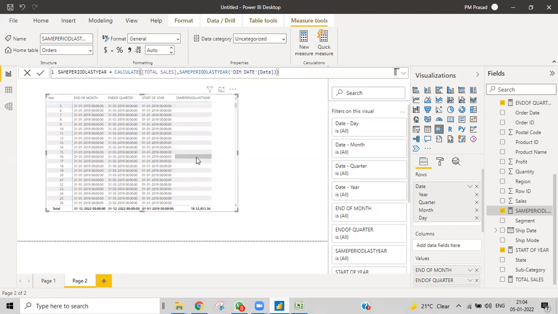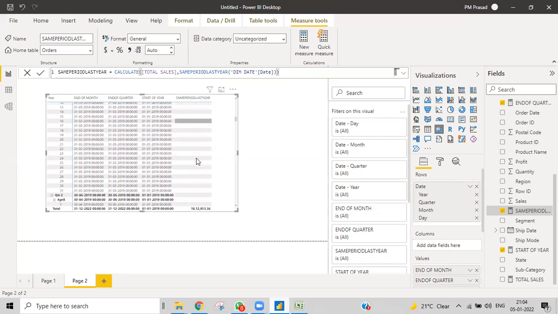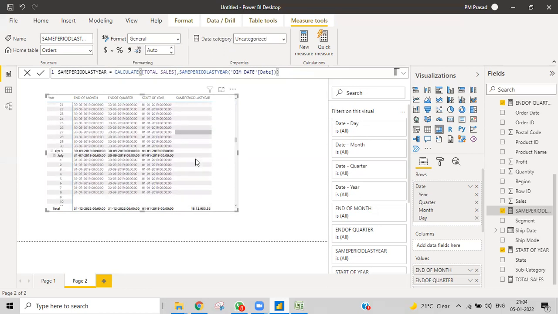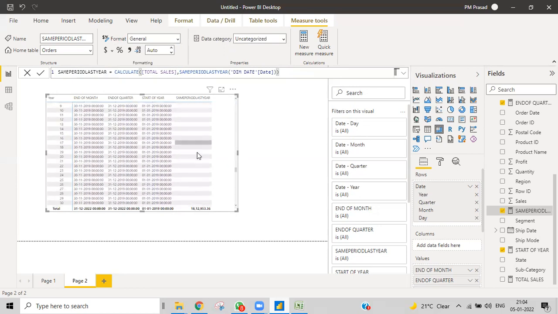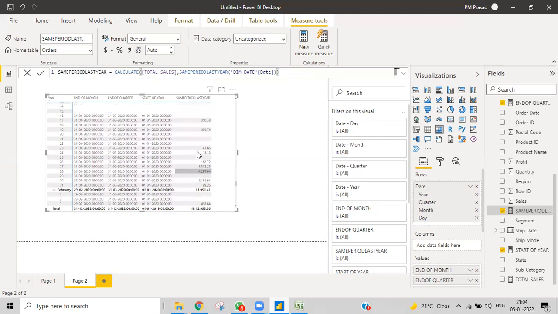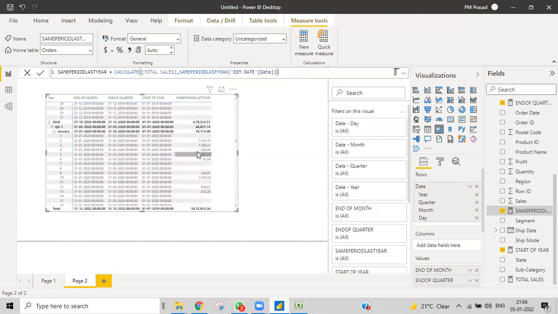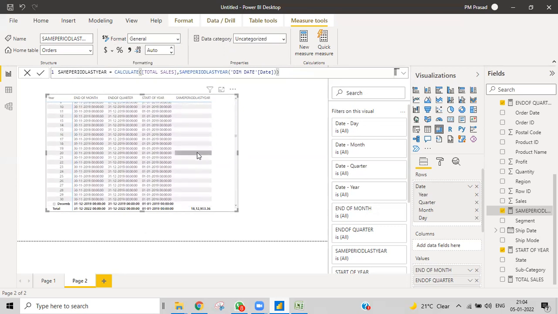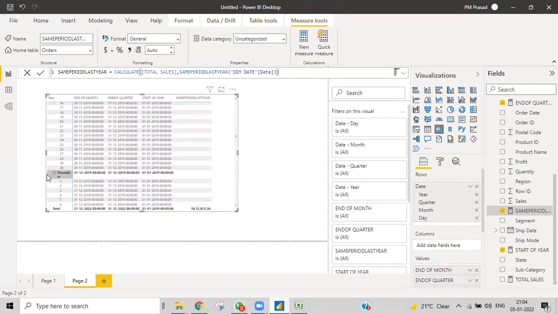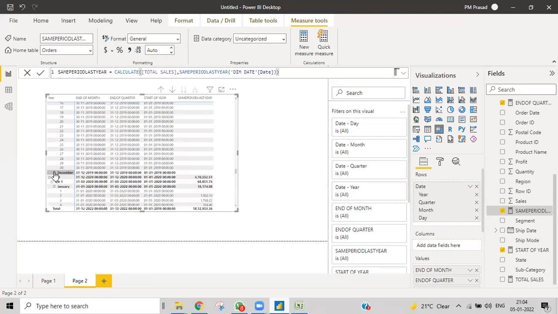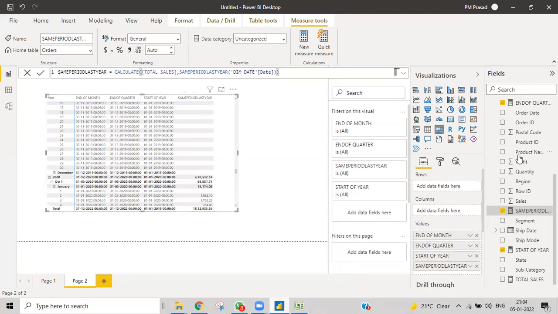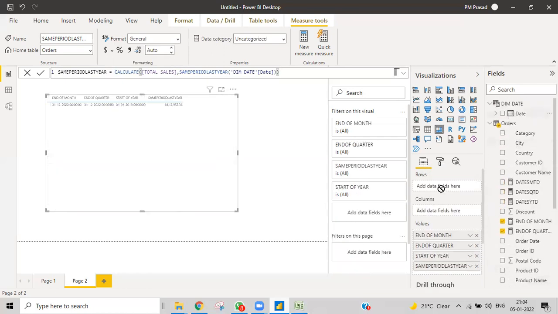I don't have sales for it. Why didn't we have the sales? Can you tell me why we don't have the sales up to here? Take the date once again.